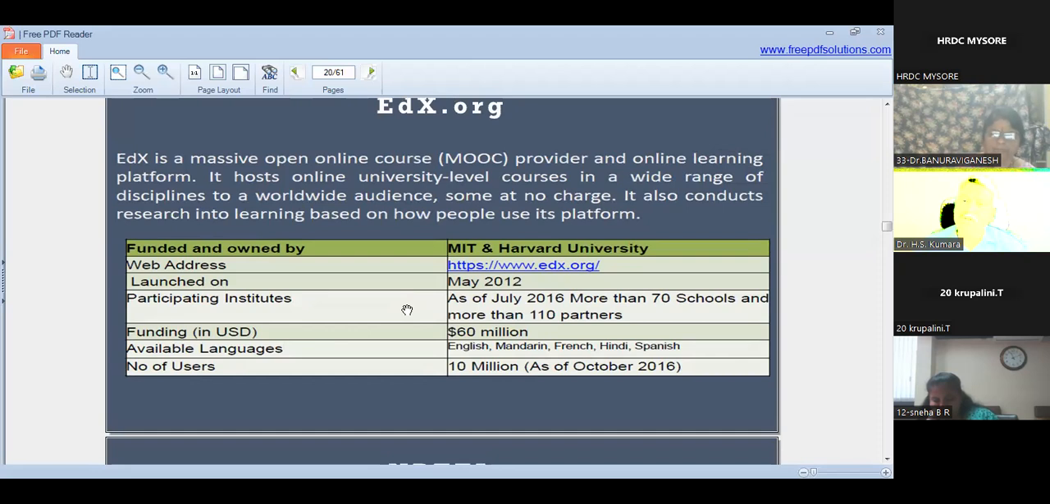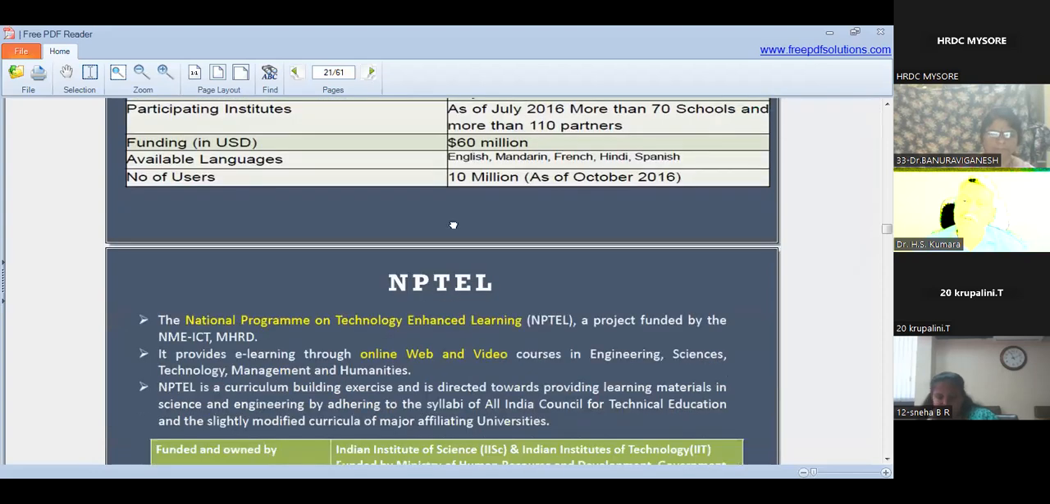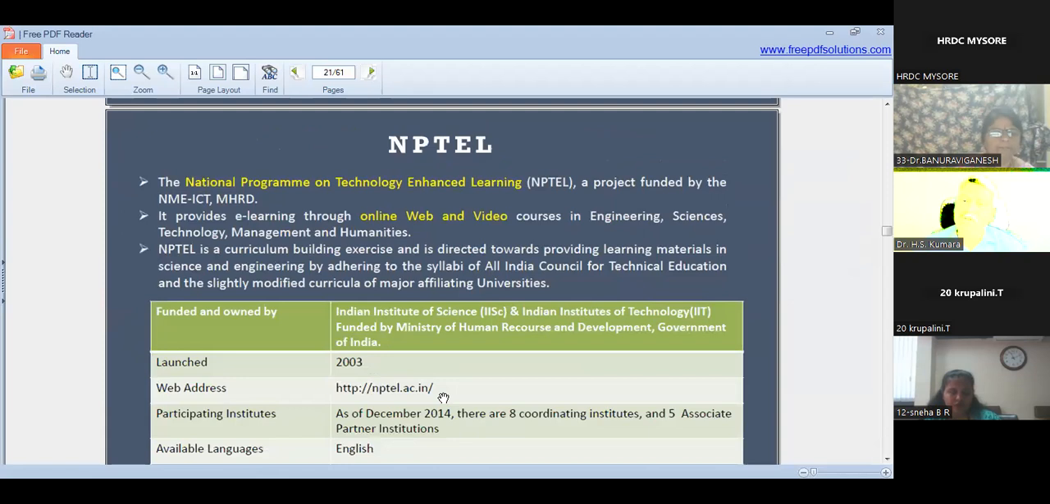So many learners are enrolled in particular courses, but while getting the certification, on average it is only 10% or maybe 12% or something like that. This is something we probably need to re-look into as far as edX and others are concerned. Then, further discussing the National Program on Technology Enhanced Learning, NPTEL,